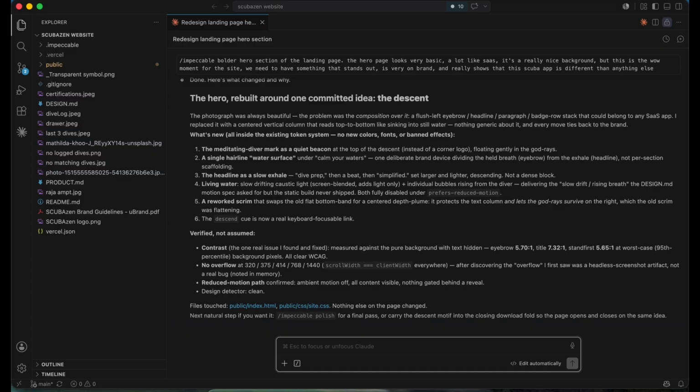Okay, so it's done finally. The reason it took so long is it kept running into this issue with its screenshots, and it had to figure out a way around it, and why it wasn't getting what it was expecting. But we didn't do anything with that. It figured it out itself. It saved the memory, so it knows not to make that mistake again. But let's see how it did. So launch it in my browser.